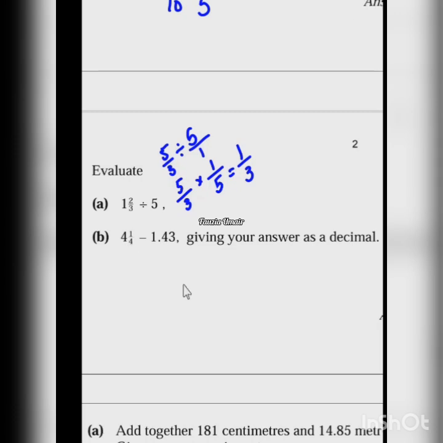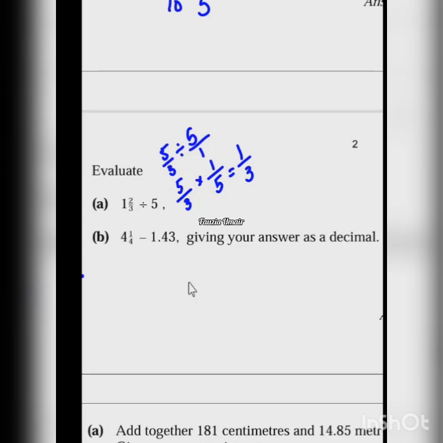What is 4 whole 1 by 4? 17 by 4, but I want the answer in decimal this time. Understanding the question and the requirement of the question is very important. Earlier, because it was not mandatory to answer in decimal, we kept it in fraction. And now they are asking us to